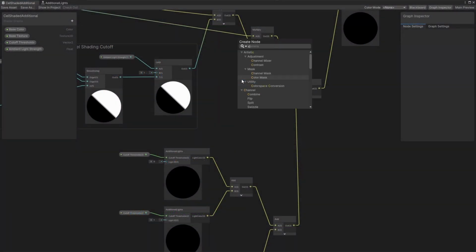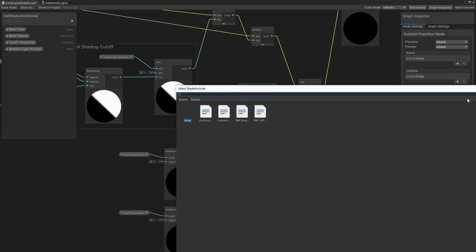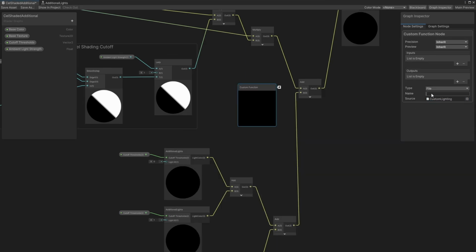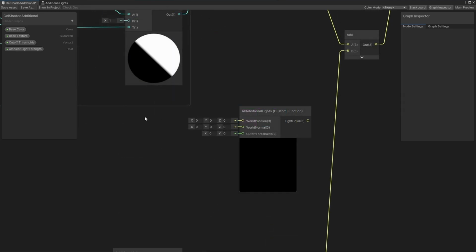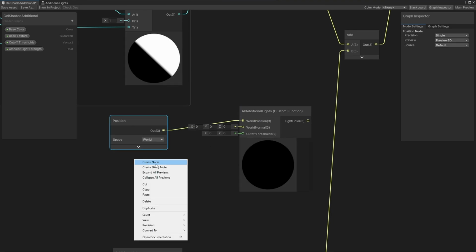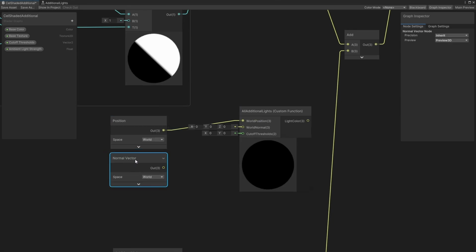Putting everything together in ShaderGraph is the same process of adding a custom function node, dragging in the custom lighting file, and inputting all additional lights as their name. Then matching up the inputs and outputs to those in the HLSL code and inputting the required nodes into the custom function node. Replacing the individual additional light nodes from before,